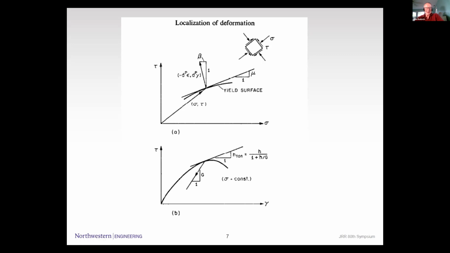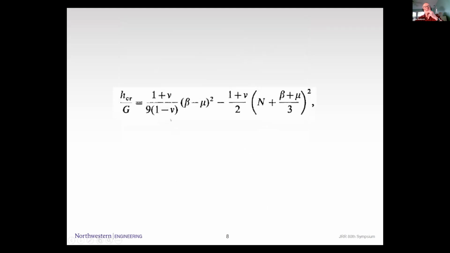And Jim must have worked this out ahead of time because he pulled from his desk drawer a sheaf of these yellow pads that he liked to write on at that time. And his expression was this very neat one, which shows clearly that when beta is not equal to mu, so you have non-normality, that critical hardening modulus could be positive. Now, happily, we were able to rearrange my expression into the same form as his, and so I managed to get that right. So I went on and worked on some other aspects of this problem, and eventually the paper